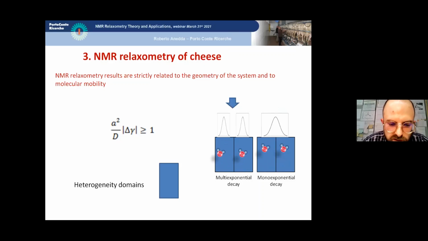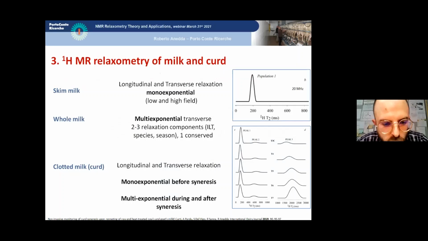When the diffusion is fast or domains small, NMR relaxometry will give a weighted average of the state of protons in all possible environments. It implies, for example, that by means of T1, T2, it is possible to investigate water diffusion, protein aggregation, presence and size of pores, protein hydration, and so on. Mono-exponential decay is due to fast diffusion of water molecules, that, as we said, sample all possible environments or compartments in the NMR time scale.